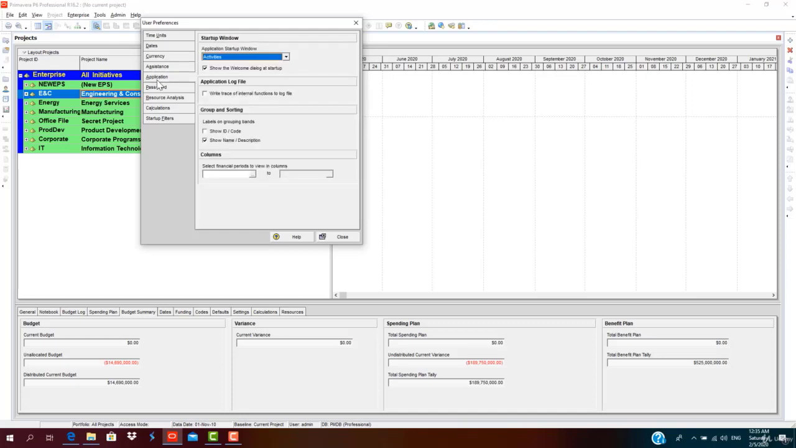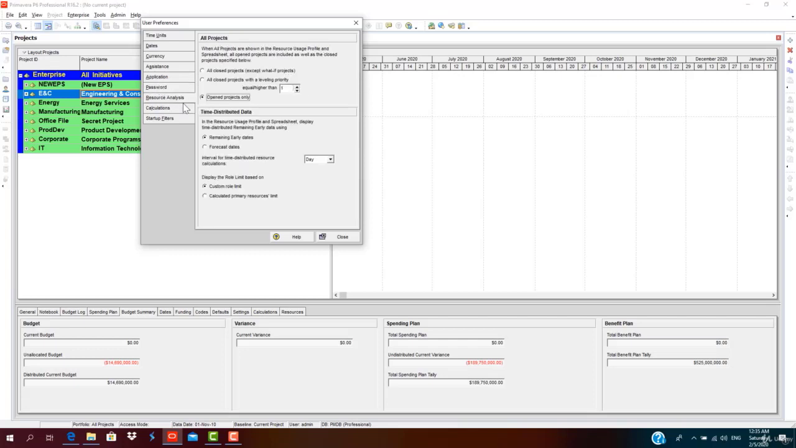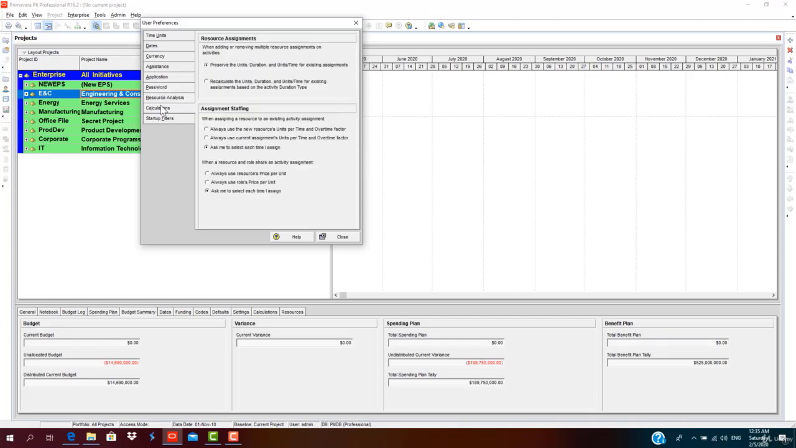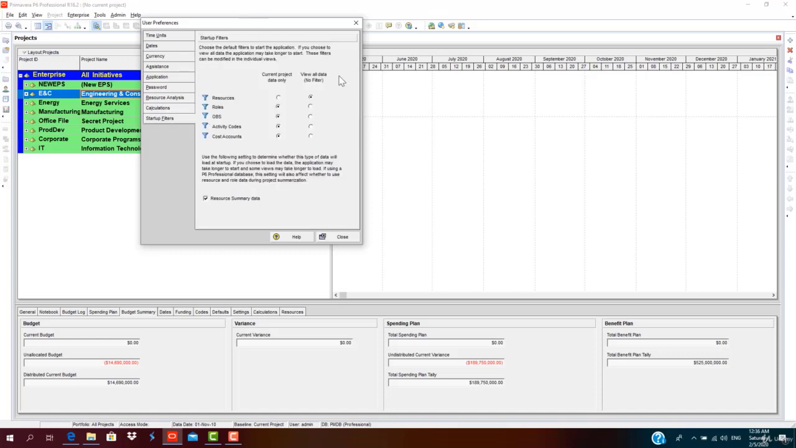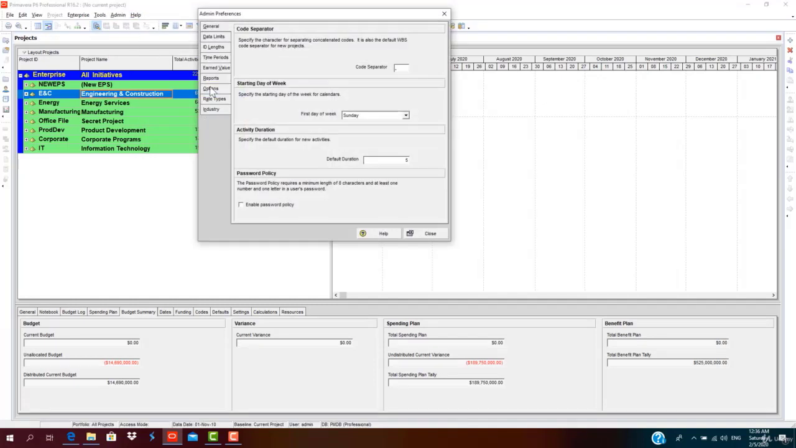Application we discussed in the first section. You can insert a password, resource analysis, calculations. So once user preferences are done, click close. Then I shall be checking the admin preferences, like what is the general code separator, start of the day